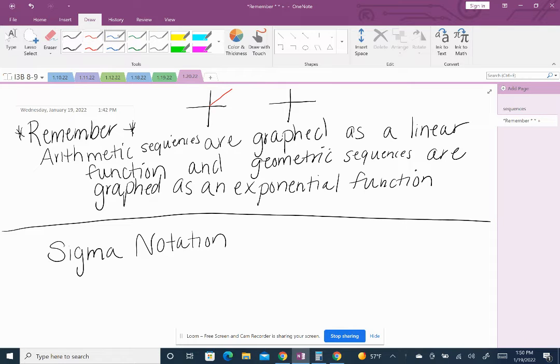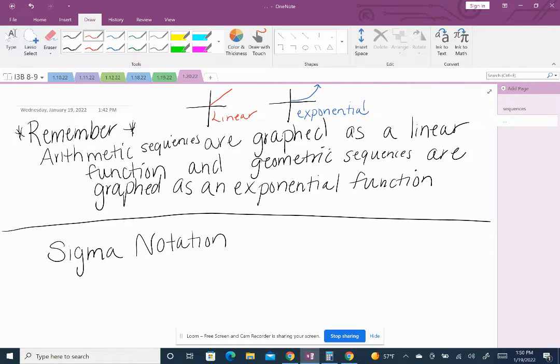And for your geometric, I know we didn't cover geometric too much, but it looks something like this. It was an exponential. So that would make sense that our formulas for our arithmetic are going to be a linear formula,